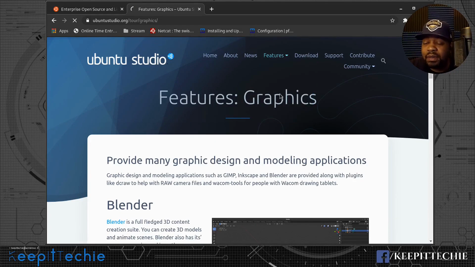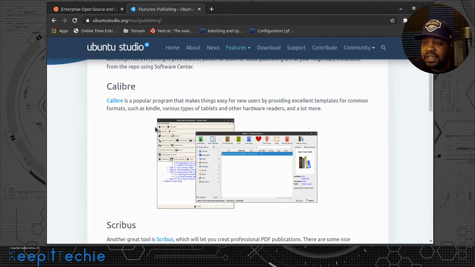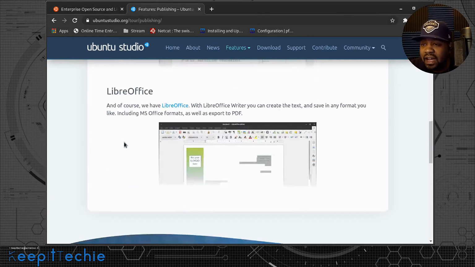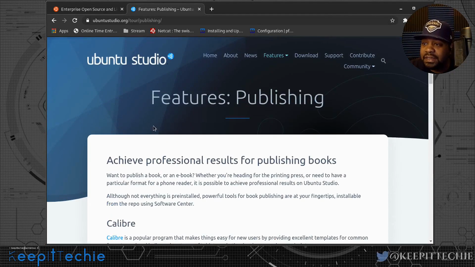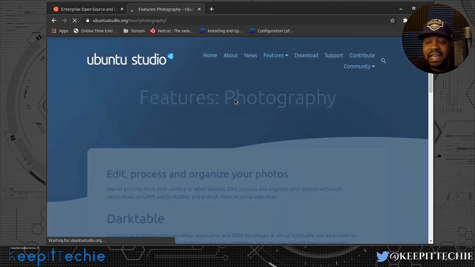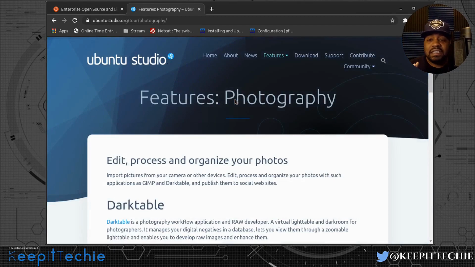And then they have publishing tools that are in there. Calibre, Scribus, LibreOffice. I always talk about LibreOffice as well. So it comes with that. Photography, and most people don't understand, but LibreOffice is a very powerful application. I might do another video, or I might do a video on LibreOffice. I don't think I've done one on it, or it may have been a long time ago when I did